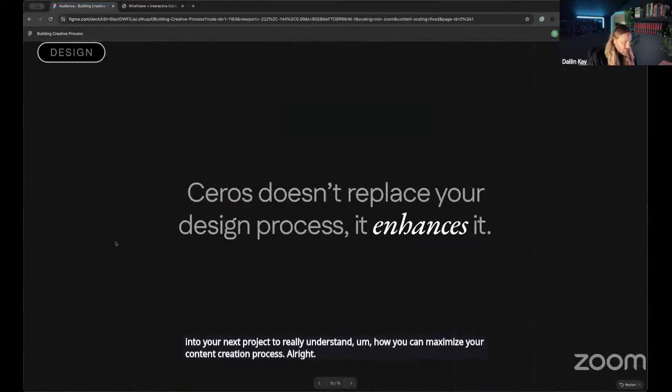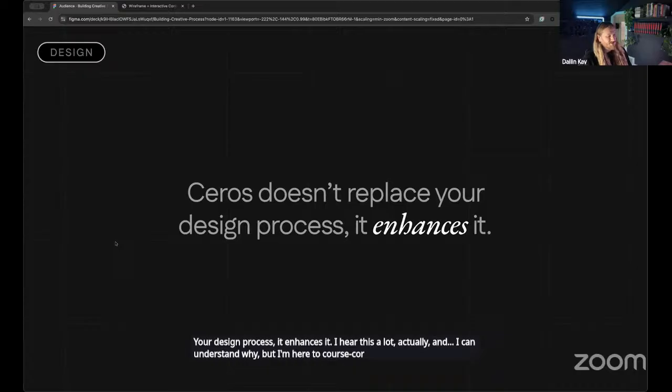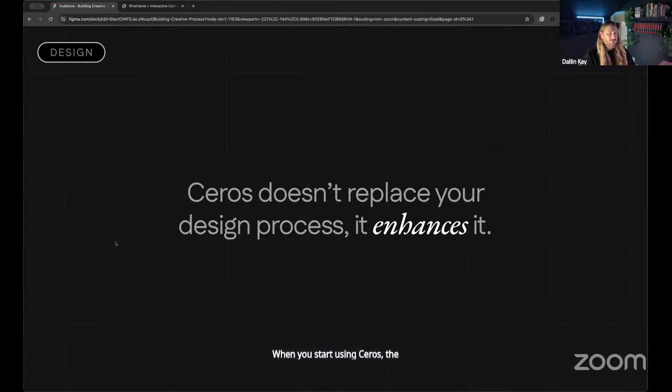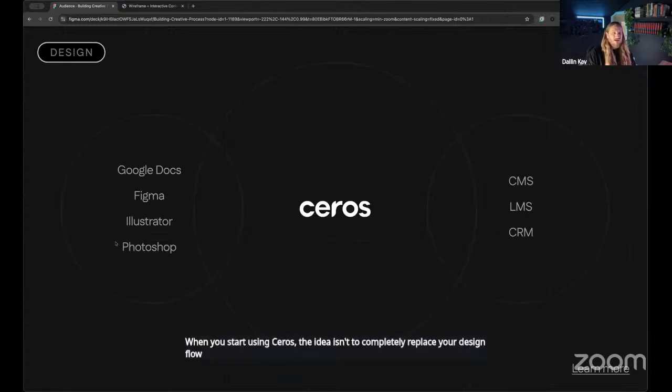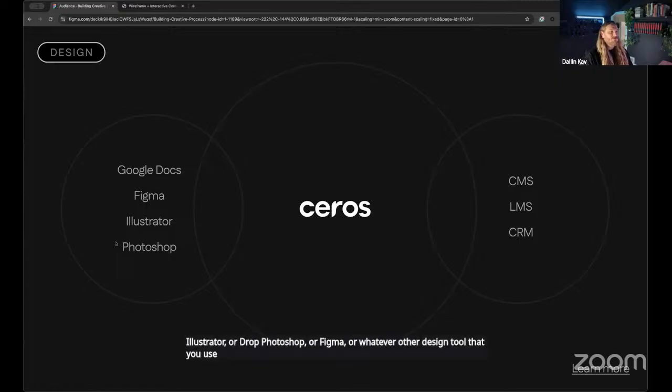All right. So this is an important matter, though. Saros does not replace your design process. It enhances it. I hear this a lot, actually, and I can understand why, but I'm here to course correct if you have this misunderstanding that when you start using Saros, the idea isn't to completely replace your design flow, right? We don't want you to just drop Illustrator or drop Photoshop or Figma or whatever other design tool that you use. The whole idea of Saros is to bring those assets, those graphics, those wireframes to life,